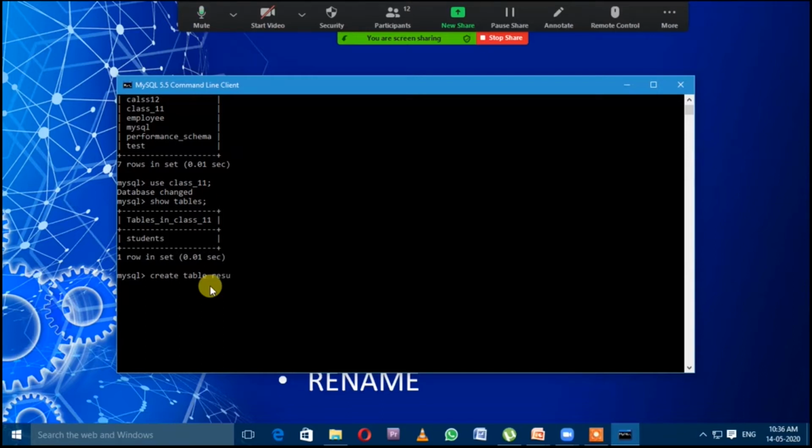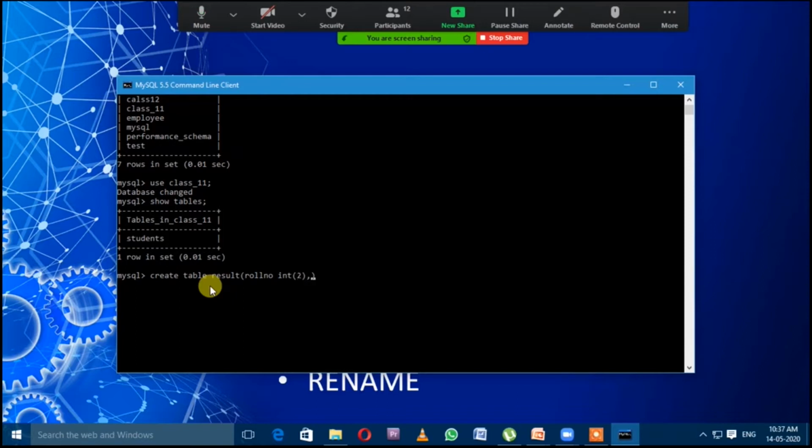So result is my table name. Inside this we will pass the names of columns, their data types and their sizes. So I am passing roll number int